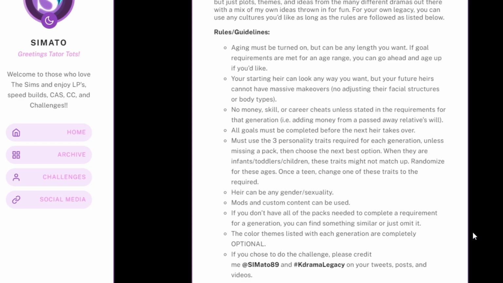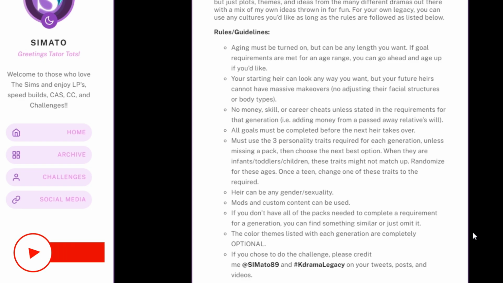So anyways, now I want to move on. Oh, and of course, disclaimer, the most important part is to have fun and to make this your own. So now that that is said, I'm going to go through the generations. I'm not going to read everything, but there are 10 generations. For example, Generation 1 is the fisherman's daughter or son.